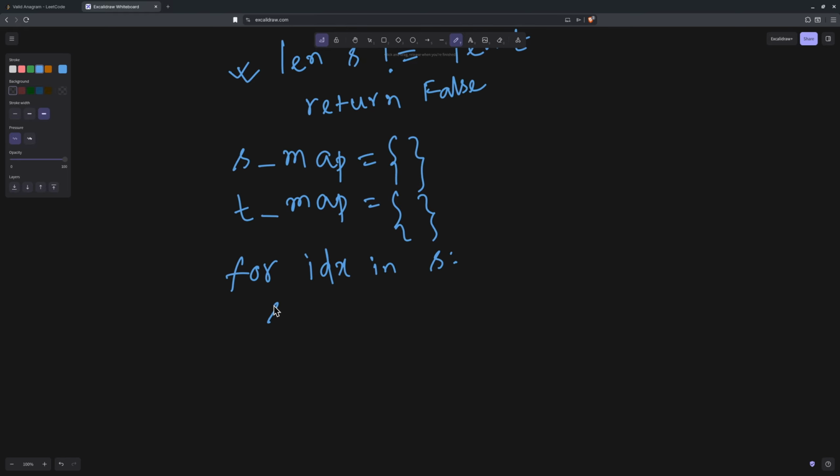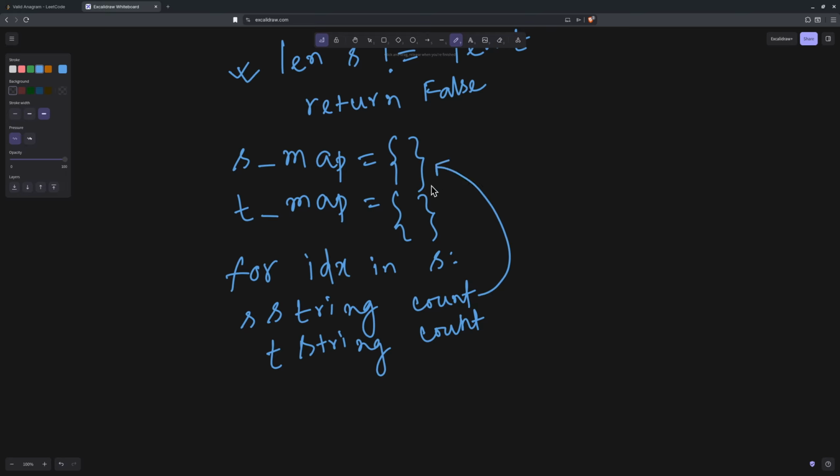So for the s string, we will count the number of occurrences of each character. For the t string, we will count the number of occurrences for each of the characters. And for the s string, we will map it down here. For example, a is 3 times inside of our string, so a will be 3, something like that. And in the t string as well, a is 3 here. We will map all of the characters inside of these hash maps for both of the strings s and t. And at the end, we will return